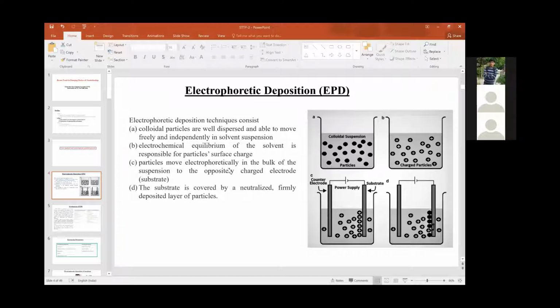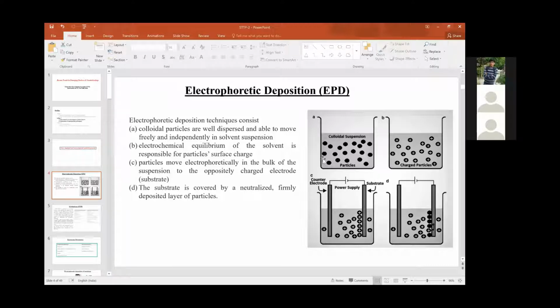In this electrophoretic deposition technique, it does not only depend on thin film deposition. In this technique, we can synthesize materials, directly growing materials onto the electrode. In EPD, generally there are 4 steps. First, we need a colloidal suspension.